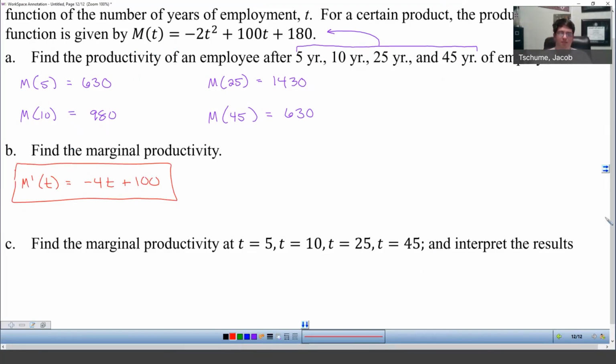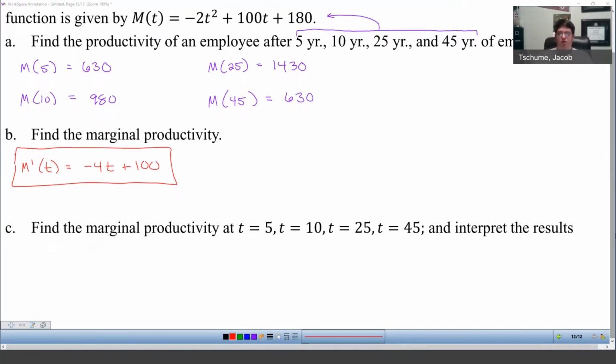And then to wrap up one more time what this section's all about, we're going to take those exact same 4 numbers, but this time I want you to plug all 4 of these into the derivative of your productivity function, also known as your marginal productivity function. And once I find all 4 of these, we will interpret what the results are. All right,